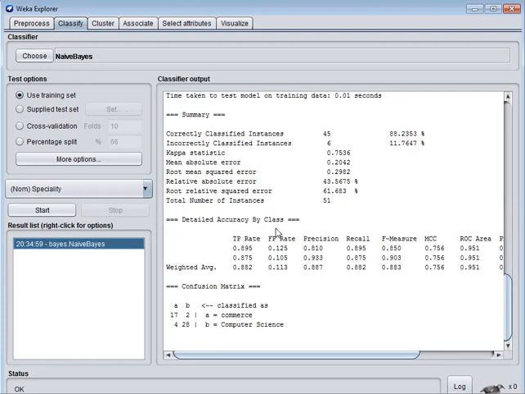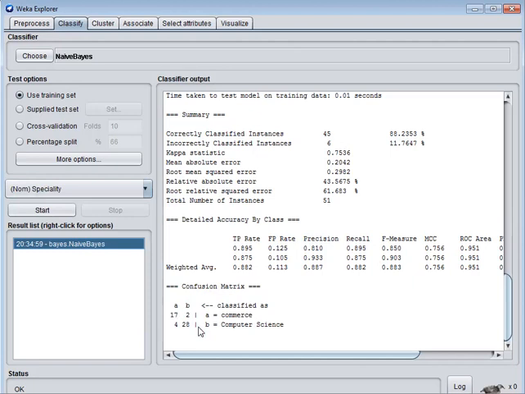And for the accuracy of the class label based on specialty, the true positive rate, false positive rate and precision can be found with the weighted average. Based on that weighted average, we can find the accuracy of the classification. Then the confusion matrix can be read along the diagonal.